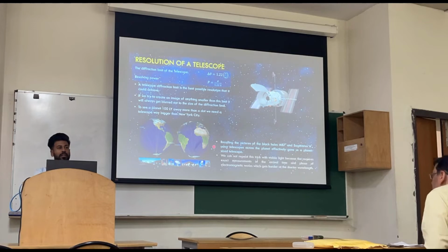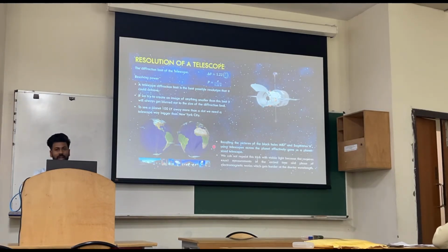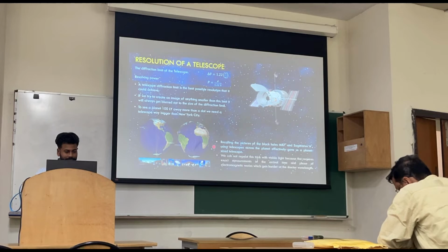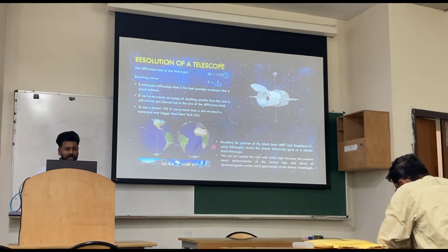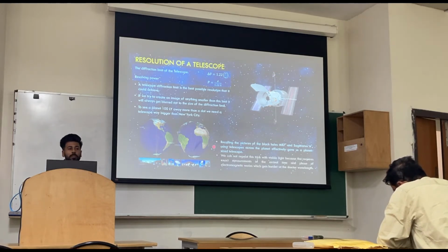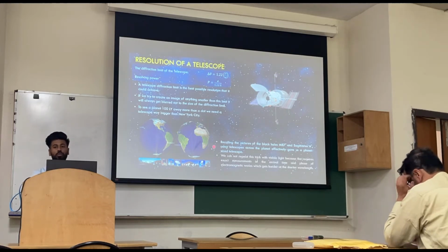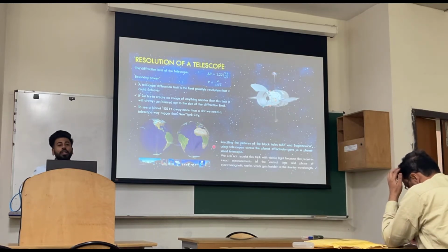That is the reason we are unable to get a multi-pixel image of any planet, because the angle that any planet forms on the telescope is smaller than its diffraction limit, because the planets are very far away. Let's say I want to image an Earth-sized planet that is 100 light years away, as a single pixel image. I have to make the telescope larger than about 90 kilometers.